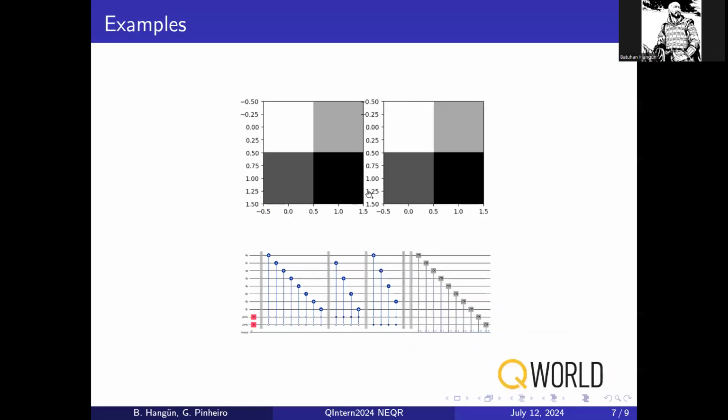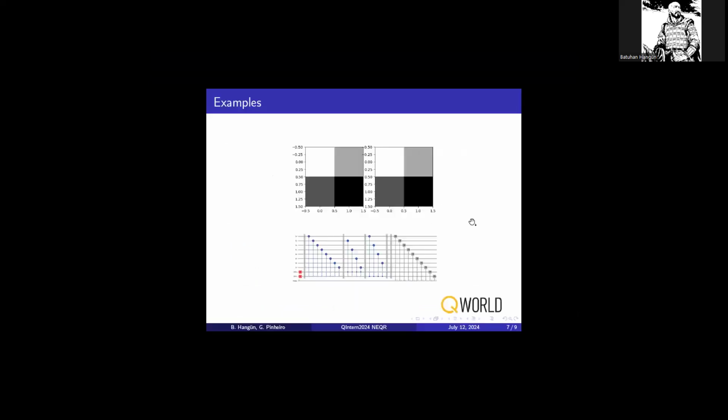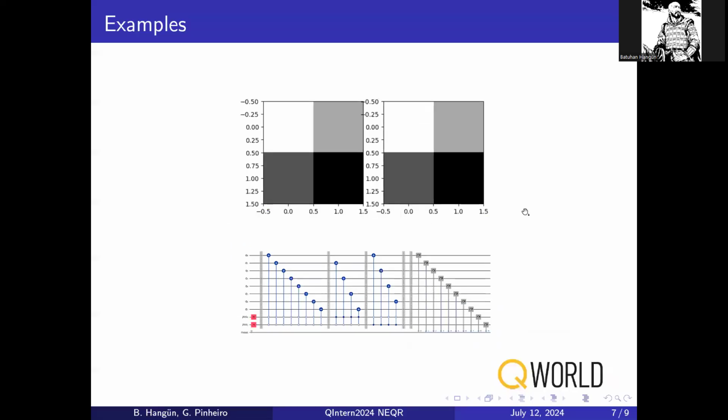So from now on, I leave this stage for Gabriela, so she can show us our experiments and make a presentation of it. Yeah, right now I'll show our code implementation